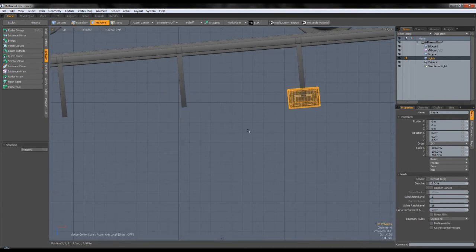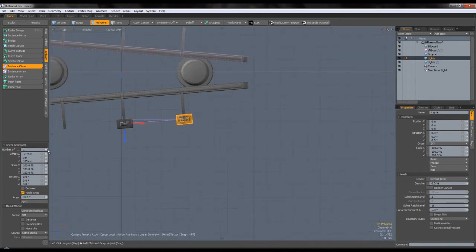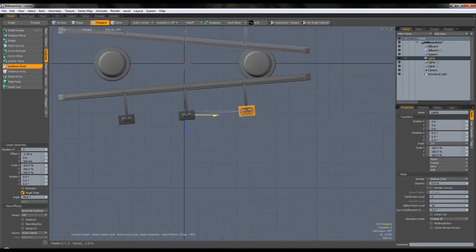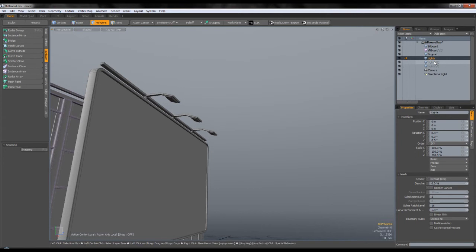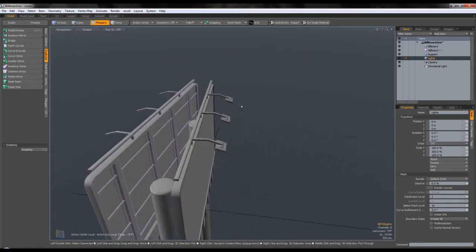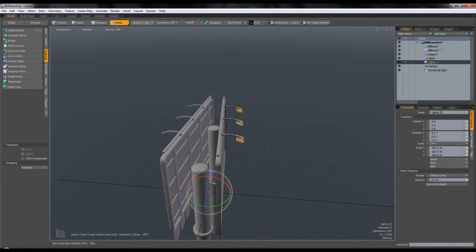For some reason it doesn't want to clone it as an instance, but no problem. And one more, kind of like that. We're gonna move these on the same layer, and we're gonna instance them again. So we're gonna right click instance, gonna rotate them by 180 degrees,